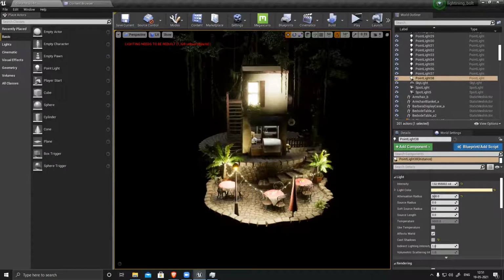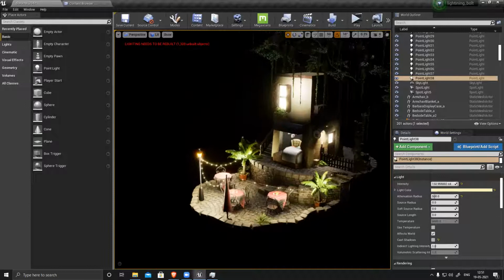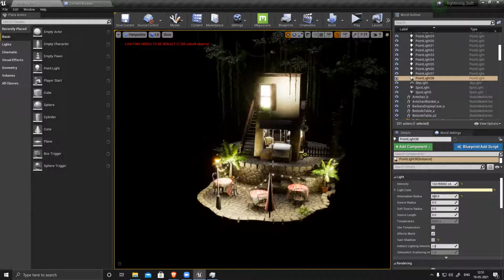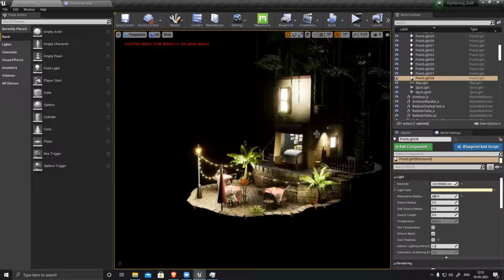So from next class, we'll start adding some particles, and how to create a master material, one material with all the parameters, and then use it multiple times. You don't have to create a material every time for everything. So we'll do those things.